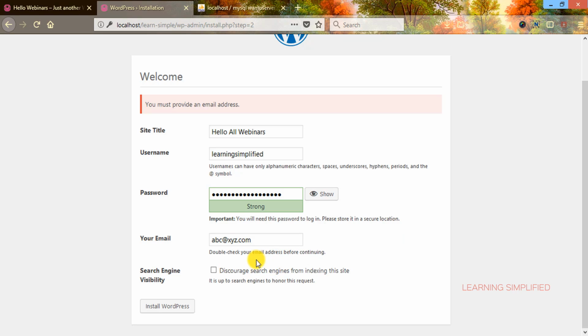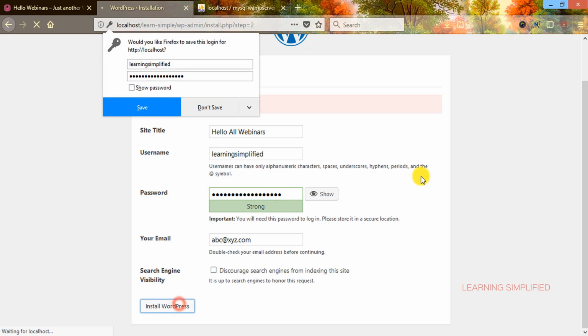You know that this email address is a very important thing. Any kind of changes that were made to your site, all those notifications will be sent to the particular email address that you have entered over here. So never forget to provide the proper email address, because this will be the only way of communication with all of the info or all of the interactions made on your web page. Now if we install WordPress,